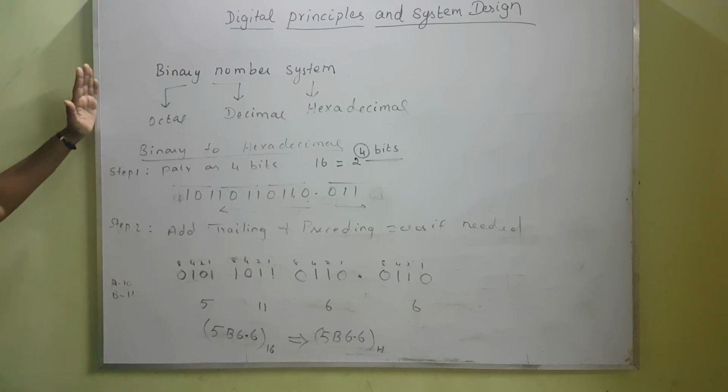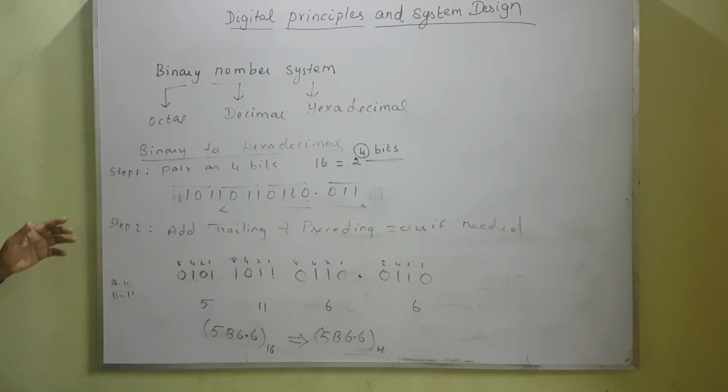So first you have seen the first number system, binary number system, being converted into octal, decimal, hexadecimal. So 3 number system conversions we have given. Now let me give you